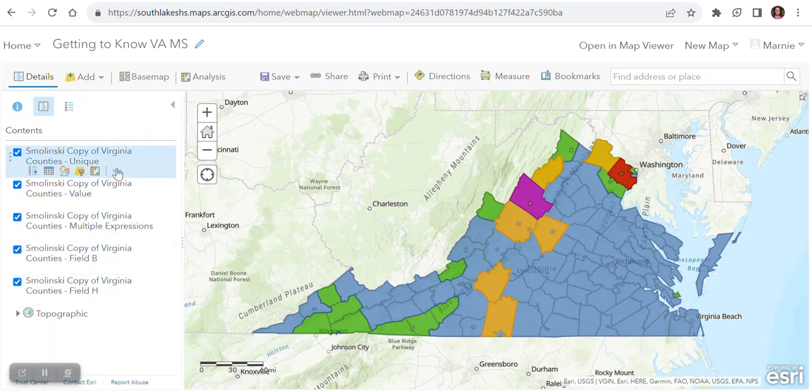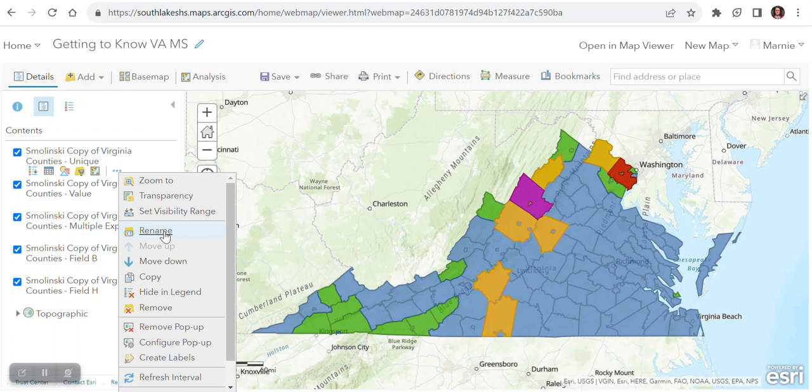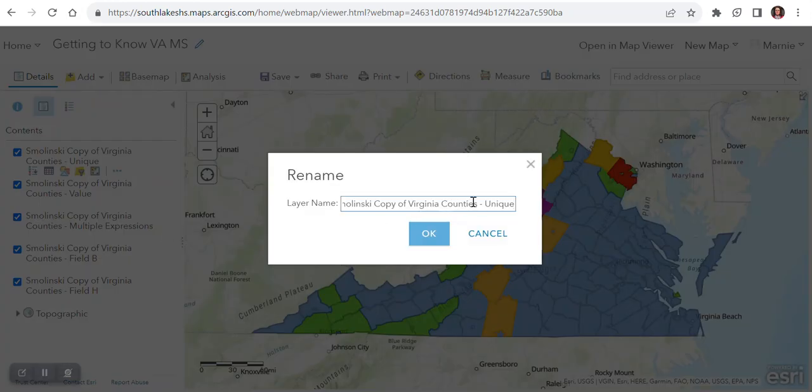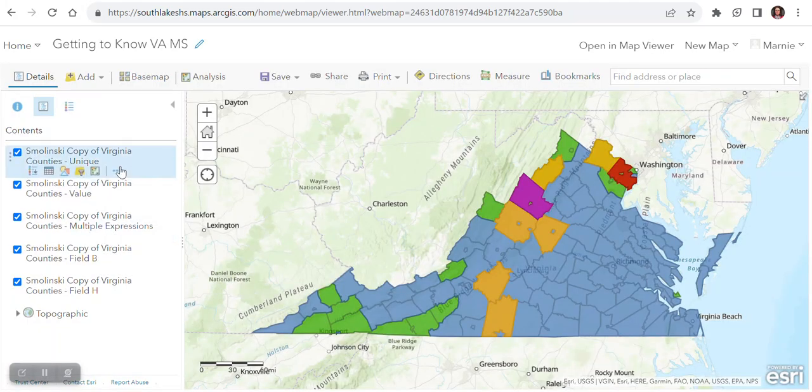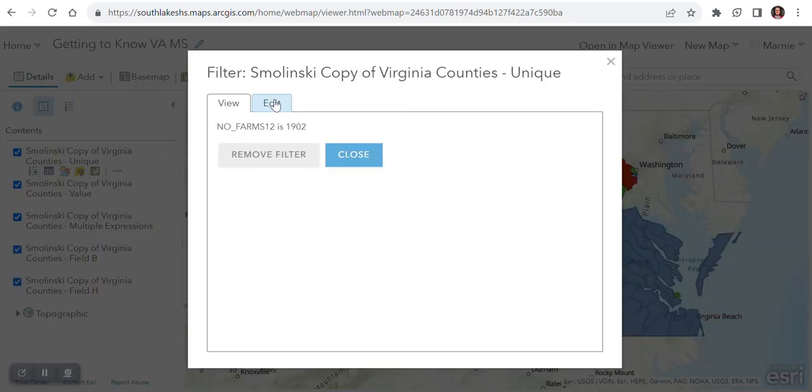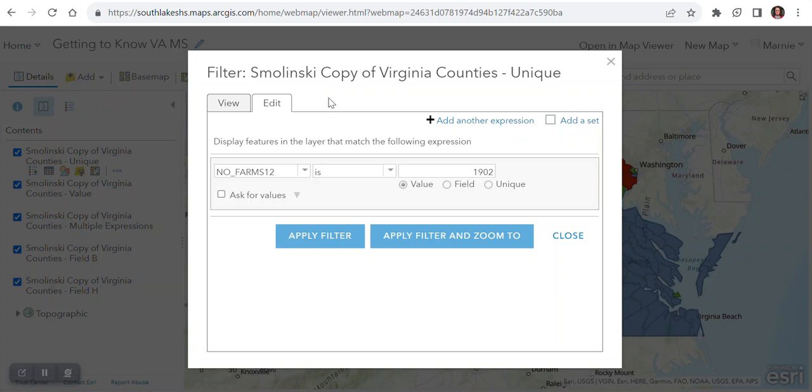You can rename these layers to match whatever you're working on. Unique, you could call it copy 1, working with unique. This student decided to do it this way: unique, value, multiple expressions, field B and field H. And so we're going to look in the first one, notice this is the farms one, and number of farms is, and the number, when you look at unique, you can actually just